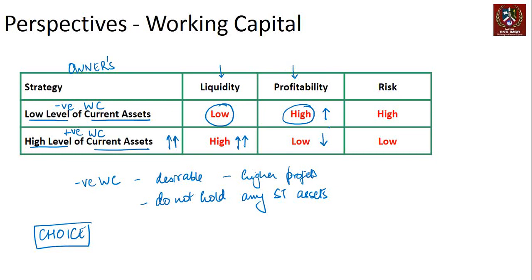If you have high current liabilities by choice, which is negative working capital by choice, you can reduce it if you want, but you don't do it because you can have that kind of control over your suppliers. That's fine. But without the choice element, which is without the owner deciding what working capital has to happen, if the working capital comes in without the owner deciding, that's going to create a problem. Nevertheless, negative working capital has been perceived as a slightly high risk scenario.